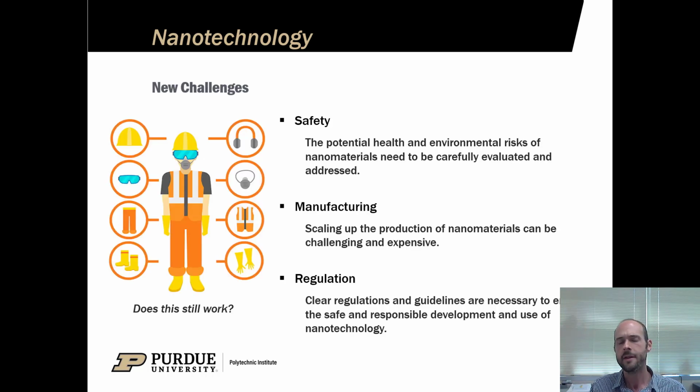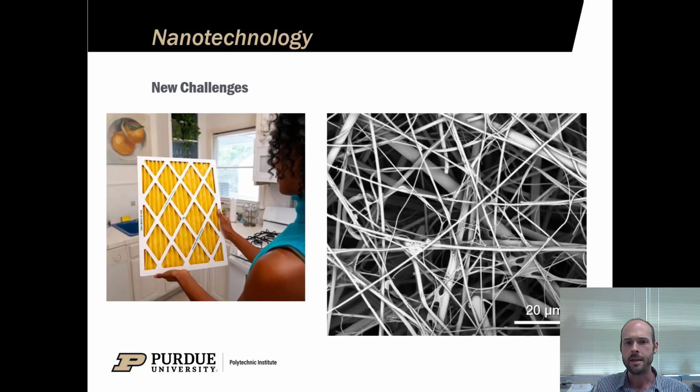But with this scale, it still does introduce new challenges. The idea of safety and potential health risks is obviously very present. A lot of our safety standards are based on physical things that we interact with at our human scale. And so as we move to using a lot more chemistry and biological elements, it does bring up the question: does our standardized safety still work when you move to this scale? Something like an air filter that we all have in our air conditioner at home,